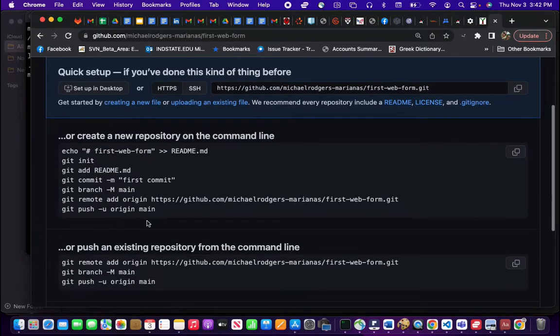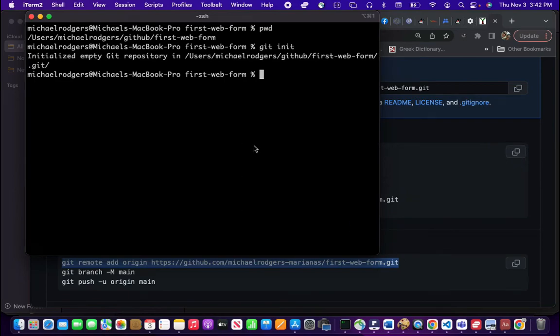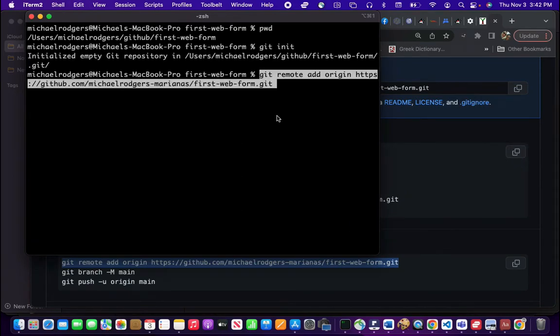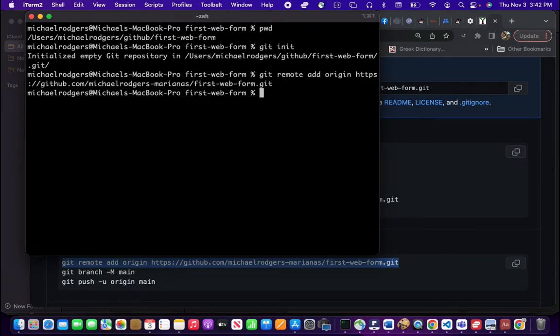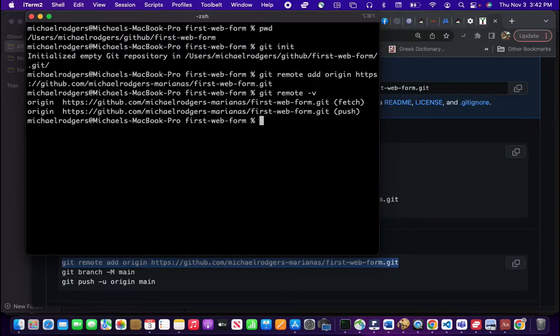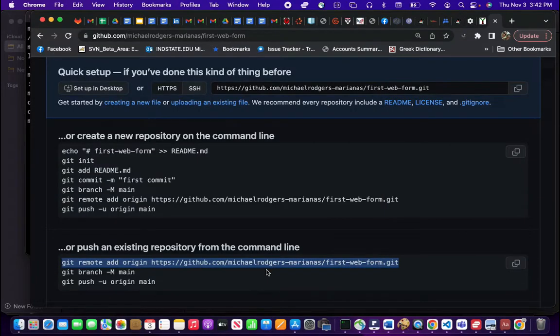Let's go ahead and grab this statement right here. Paste that in. We'll do git remote -v. It shows that we have that. Let's go ahead and do